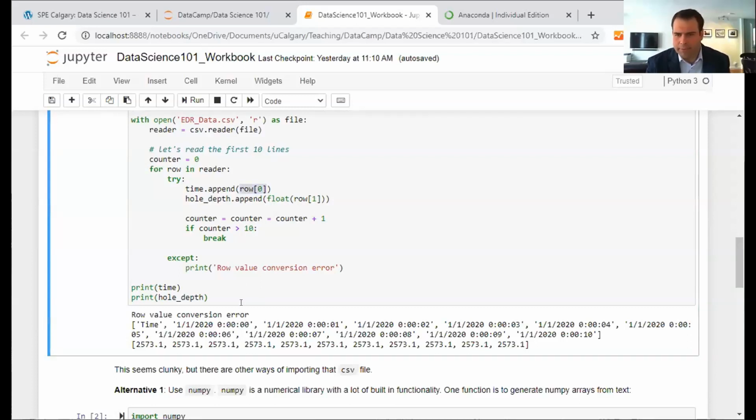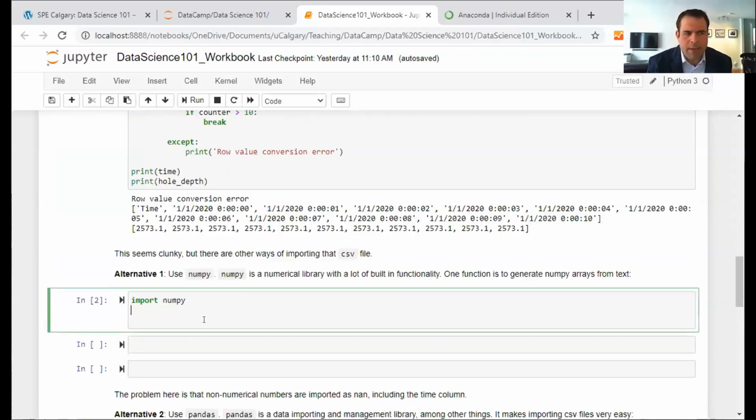That's a lot of code. We're lazy. Can we make this a little bit easier? So NumPy allows you to simplify this a little bit. So import NumPy, we're using this NumPy library again. And within NumPy, there's a function that allows you to get data from a text file. So data is equal to numpy.genfromtxt. What's the file name? So edr